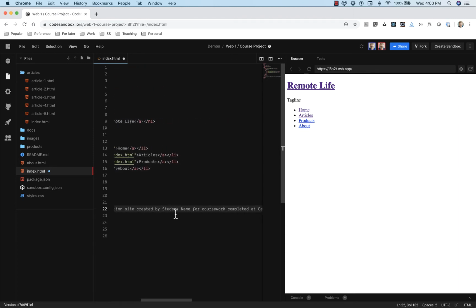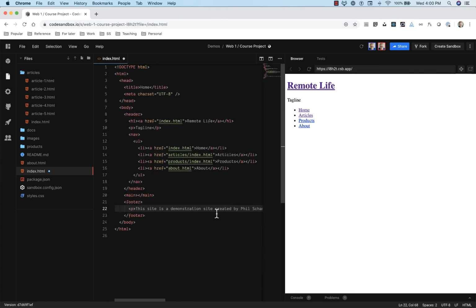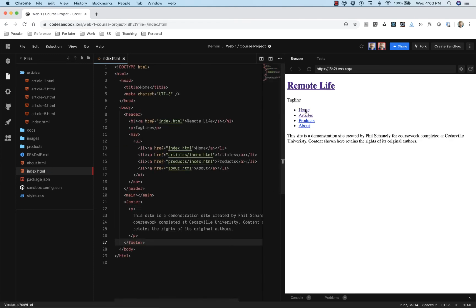This site is a demonstration created by, and then your student. So we'll put my name in here. For coursework completed at Cedarville University, content shown here retains the rights of readers. Okay, that's all good. All right, so we've got our header and our footer, and then in the main area,